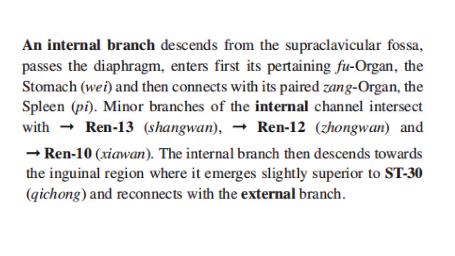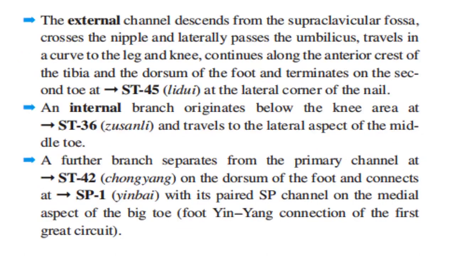An internal branch descends from the supraclavicular fossa, passes the diaphragm, enters first its pertaining fu organ, the stomach, and then connects with its paired zang organ, the spleen. Minor branches of the internal channel intersect with REN13, REN12, and REN10. The internal branch then descends towards the inguinal region, where it emerges slightly superior to stomach 30 and reconnects with the external branch. The external channel descends from the supraclavicular fossa, crosses the nipple, and laterally passes the umbilicus, travels